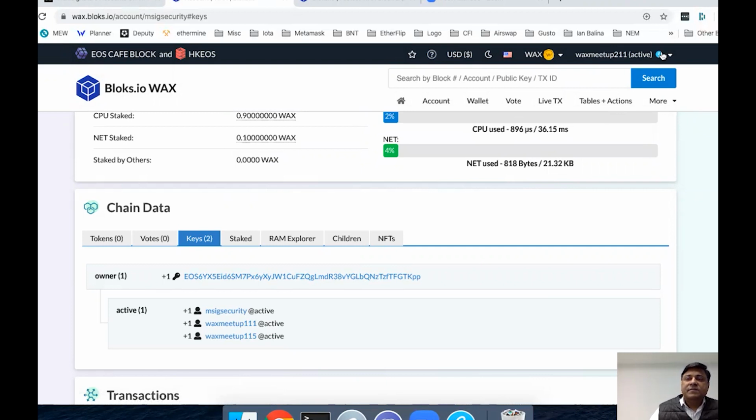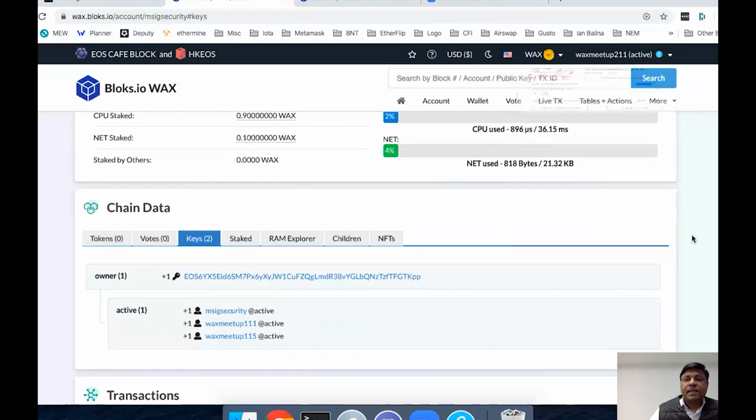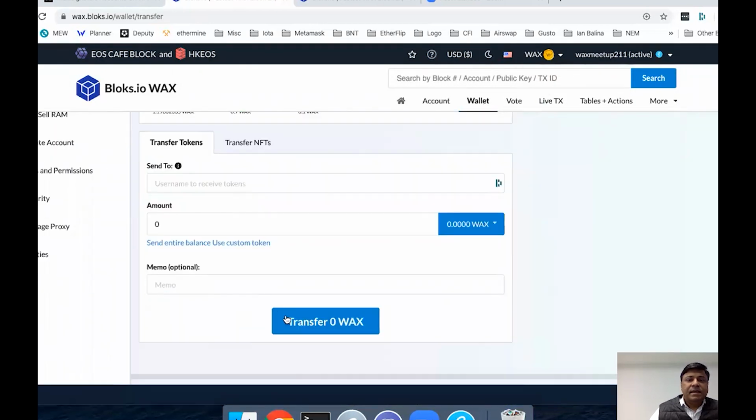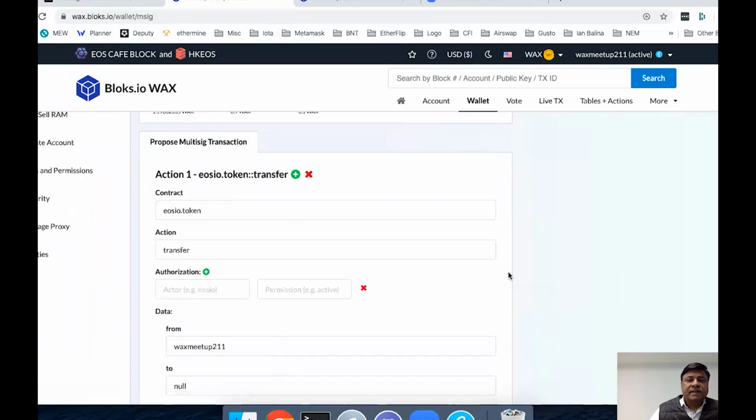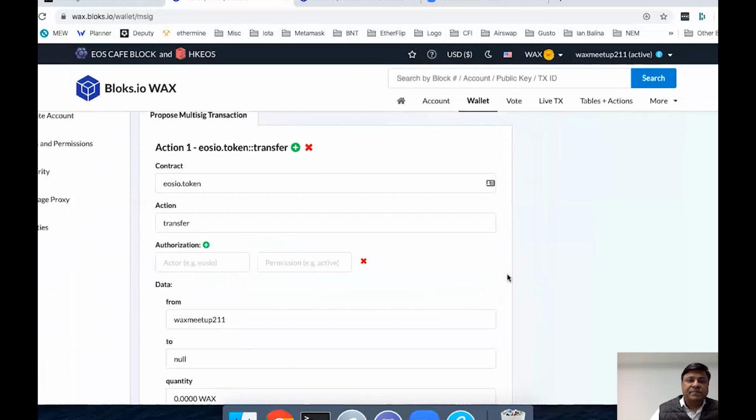To do that, first we go to Blocks and log in with the account that you want to propose a transaction. We need to activate the multi-sig mode. That's the first step. Then we go to this wallet, and if you click on this transfer WAX button, it should give you the fields that you need to fill out.